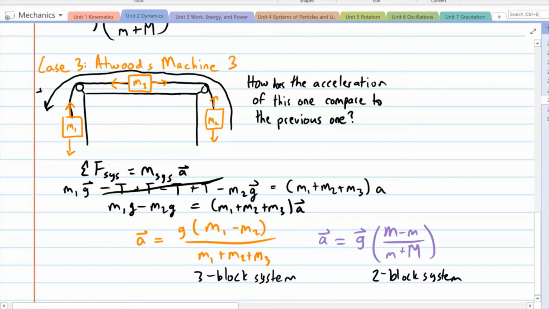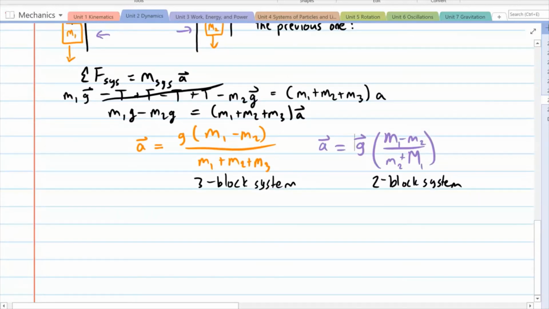To be more clear, the masses here are mass 1 and mass 2, with this mass and this mass, and then this is mass 2, mass 1. I'm just making it clearer for the comparison of these accelerations. One thing to notice that is important is comparing the numerators and the denominators. The numerators of both are actually the same, but the denominators are different. In the 3-block system, we have a sum of 3 masses, and in the 2-block system, we have a sum of 2 masses. So I want to make this comparison right here,